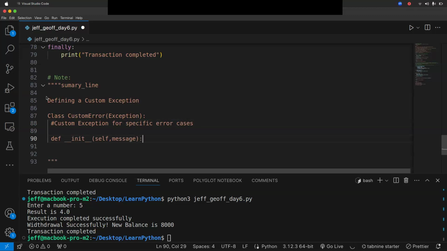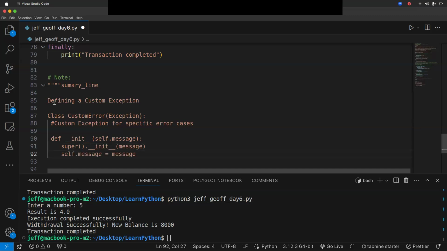Okay. Then the super, of course, there's indentation here. The super, which you don't need to pass anything into the argument, and then it will initialize the message and then the self.